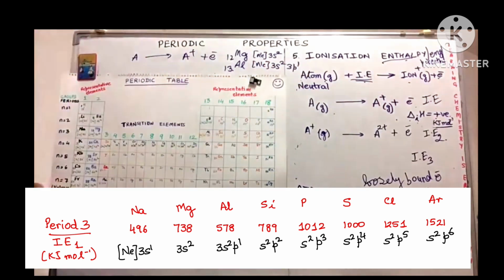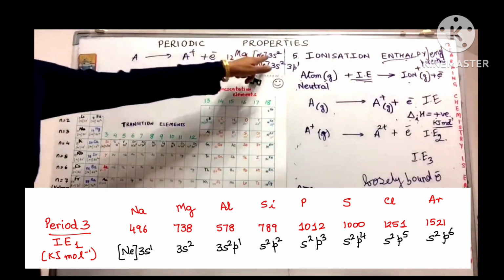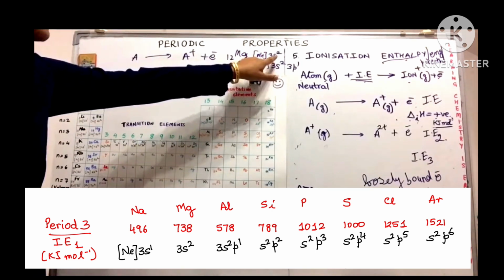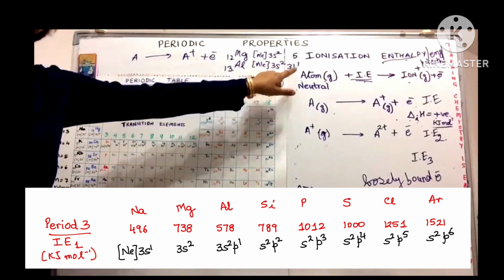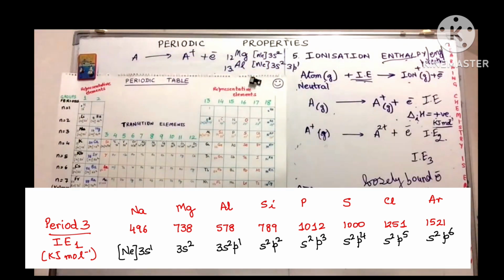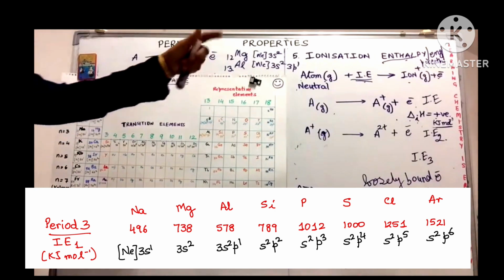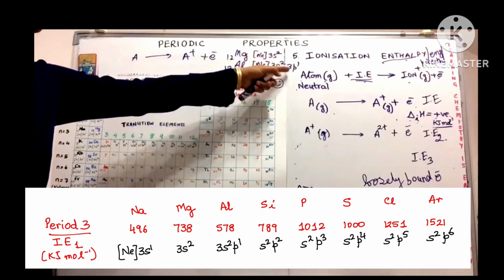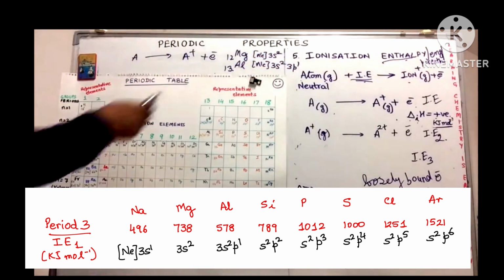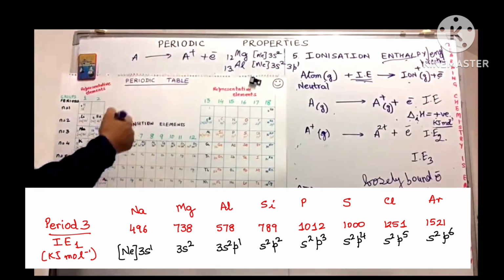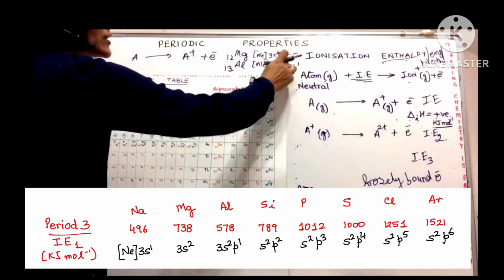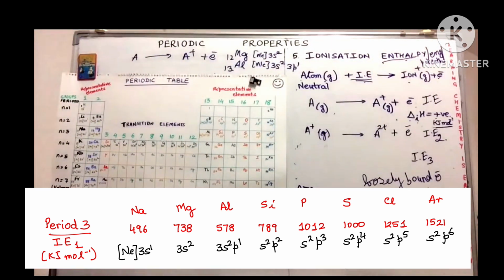Yes, the electronic configuration says it all. In the case of magnesium, you have to remove electrons from the s orbital, whereas in the case of aluminium, you have to remove the electrons from the p orbital. So what is more strongly attached to or attracted towards the nucleus, the s or the p orbital? Yes, s is more strongly attached as compared to p. So because you have to remove an electron from the p orbital in the case of aluminium, the ionization enthalpy